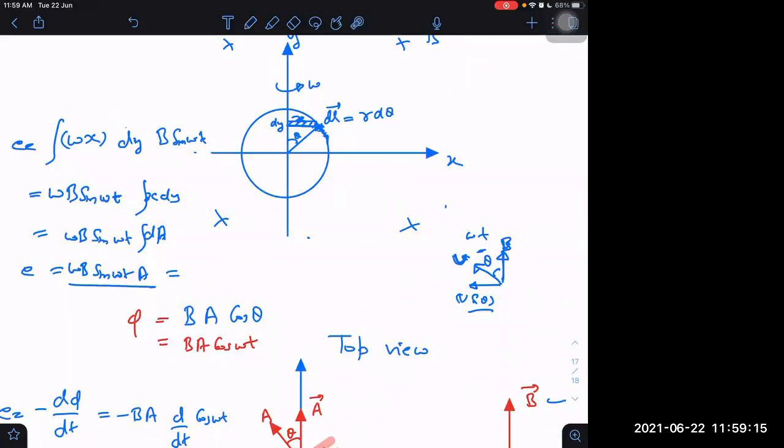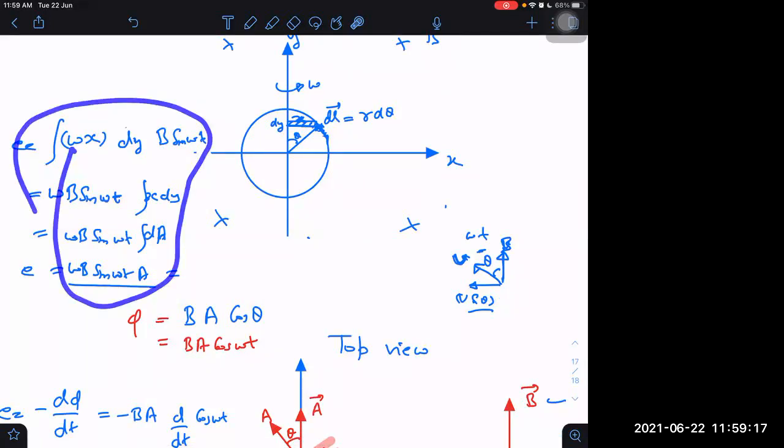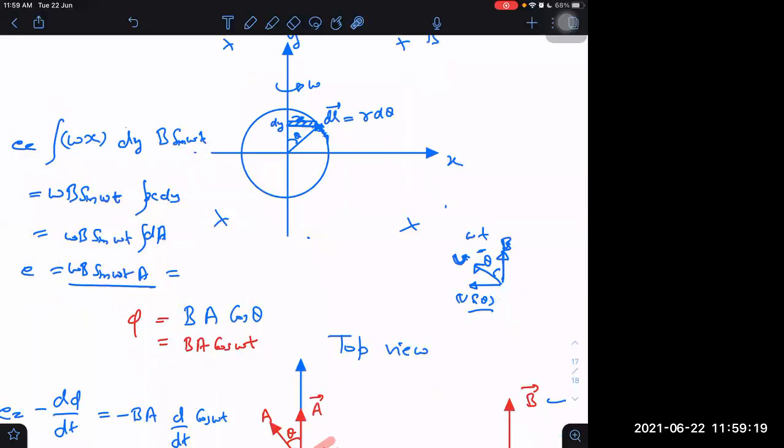Although I know that we are getting the same result, some of you may still not be satisfied because it is difficult to visualize in 3 dimensions. For you, I'm giving another way then. If you are not able to do it in this way, here is another simple way. Why not we just write the dl vector in vector form only? What will it be? If I take the dl vector this side, then I think this is 90 degree.